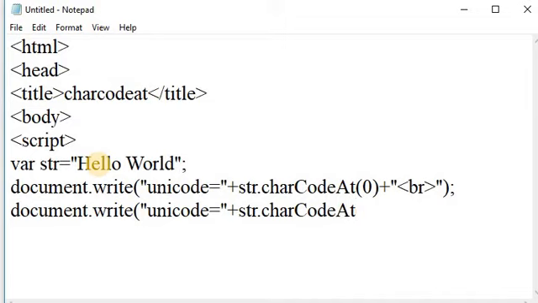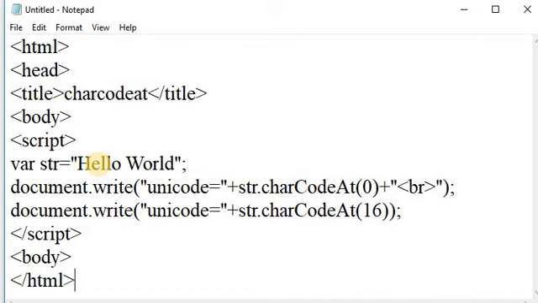Here I am passing 16, and close this write method, close the script tag, close the body tag, and close the HTML tag.